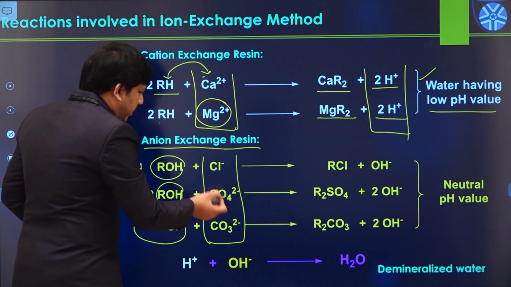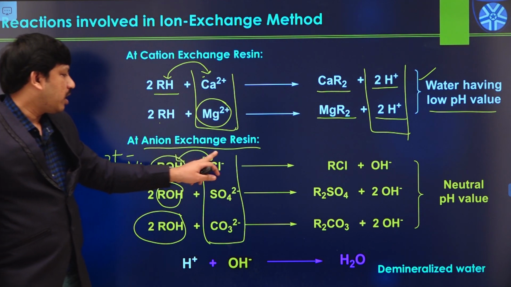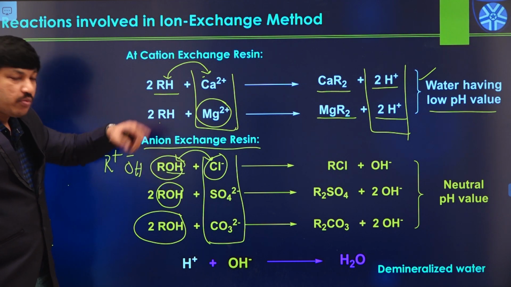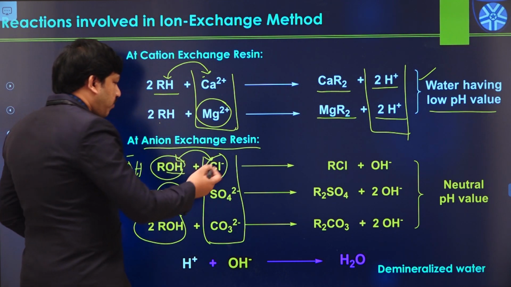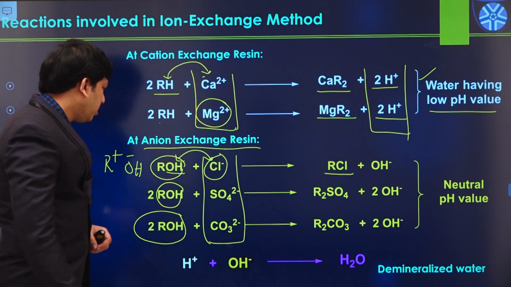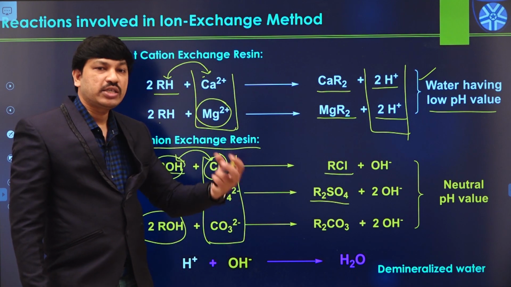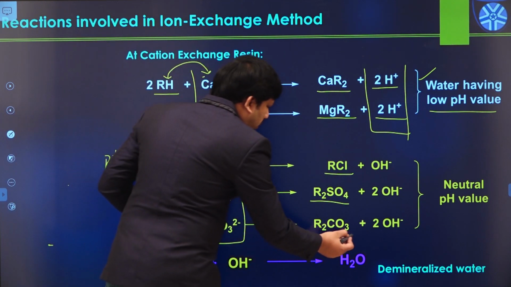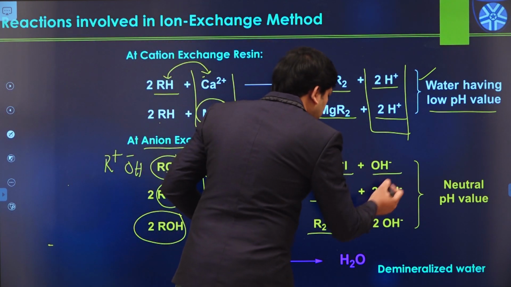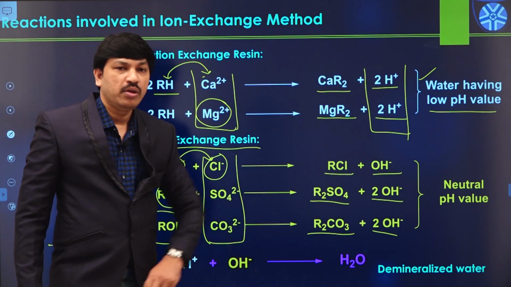So, now these anions undergo the exchange process in the second step. In the second step, anions available in the solution exchange with anions available on the surface of the resin. So, there is a formation of corresponding RCl. That means the resin takes the Cl minus anion. There is a formation of R2SO4. That means the resin takes the sulfate anion also, and R2CO3. So, the resin is also removing the carbonate anions and releasing OH minus ions into the solution. That means all OH minus actually enters into the water medium.